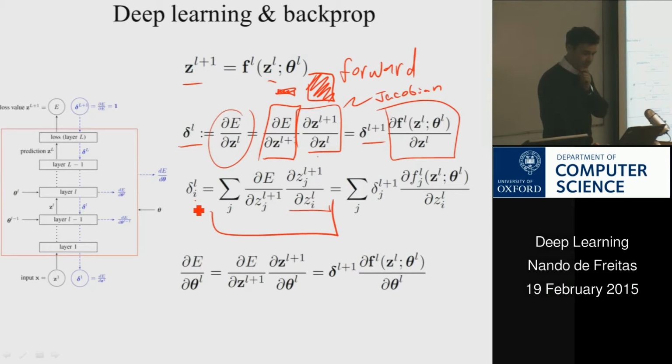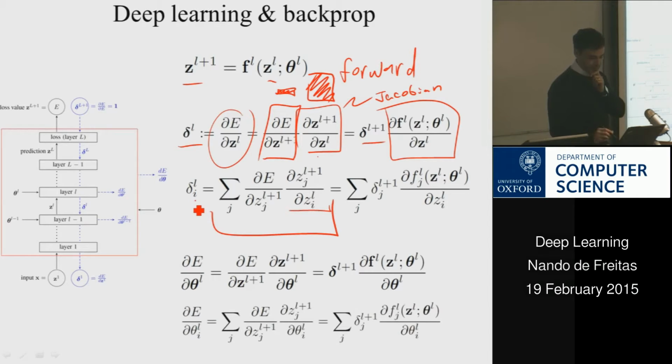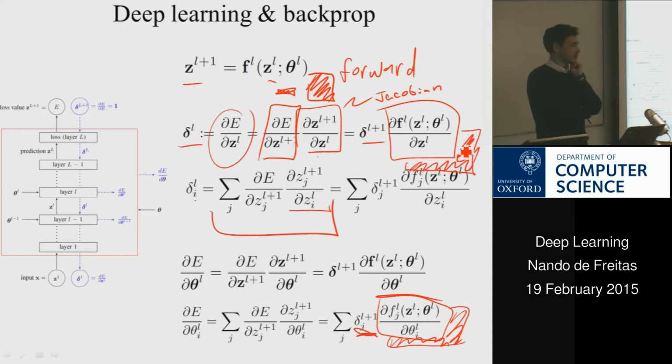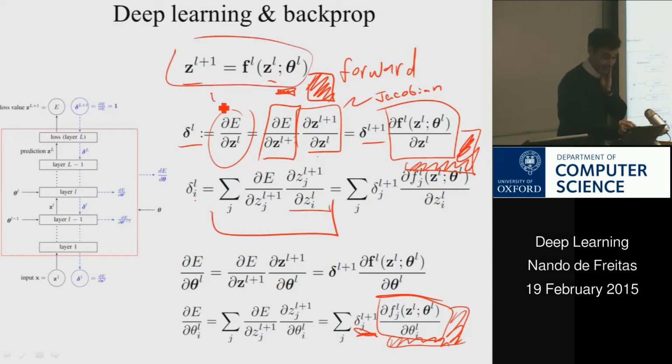The other message that we need to compute is the derivative with respect to the parameters, and that again we went over this derivation last week, and that's again a recursion that uses the deltas that come from the top. And then all you need is to compute the derivative of the single layer with respect to the parameters. So whenever you create a new layer, you just need to do these two derivatives by hand. If you know how to do those two derivatives, and you know how to write the function that is the layer, then you're done. Because then you just use these recursions to get everything.